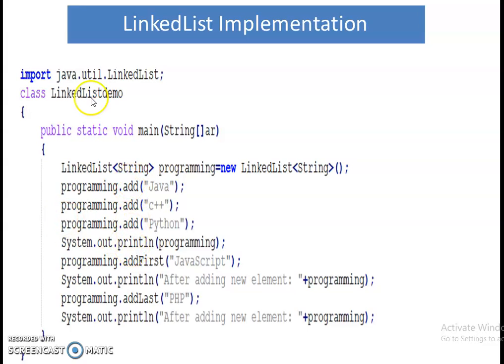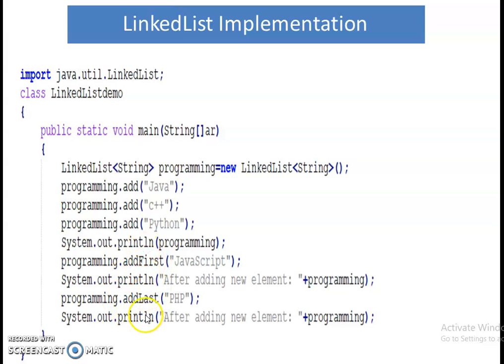Next we are adding elements to it. As we know that LinkedList implements List and List extends Collection, it also has the add method. Using the add method we are adding elements to it and printing its value using System.out.println. Now we know that this linked list also implements the Deque interface, so it has the methods of Deque also, and those methods are addFirst and addLast.